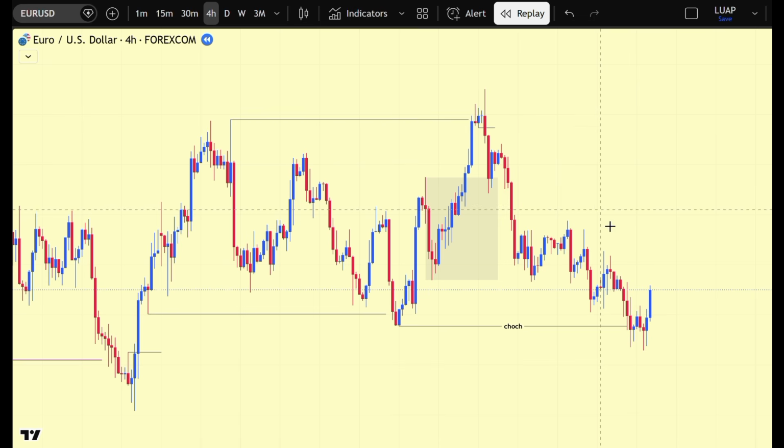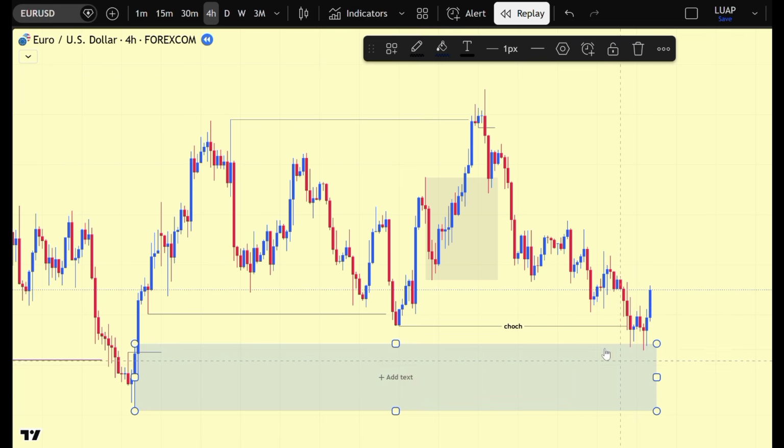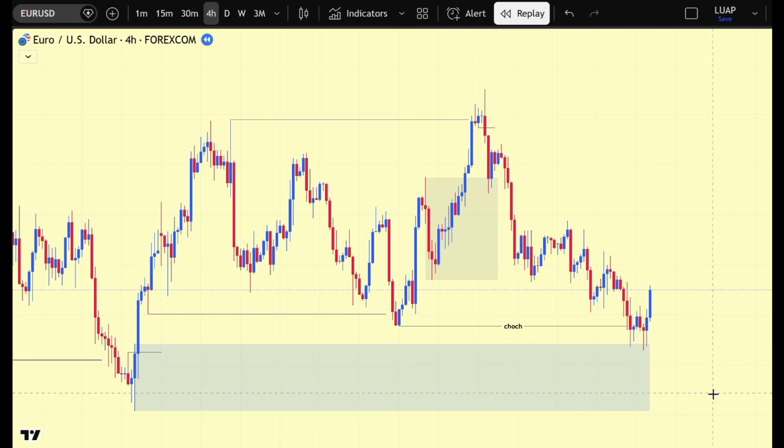So there we have a change of character, and price has mitigated this order block down below here. But you all know this order block will not hold because price has, you can clearly see, made a change of character, and now of course you should be looking forward for POIs aligning with the prevailing trend. The prevailing trend in this case is bearish, and so the only order blocks or the POIs that will be respected are the POIs that are on this impulsive leg. Starting from the extreme,